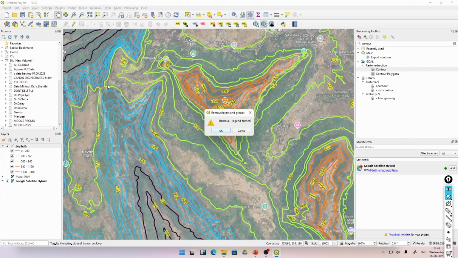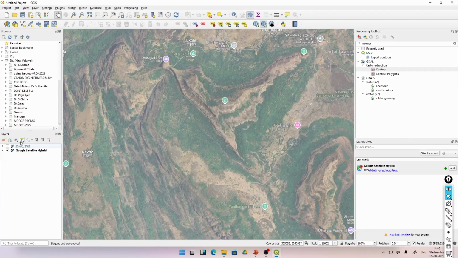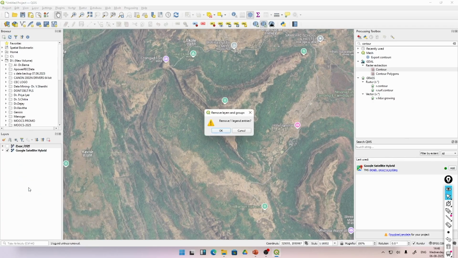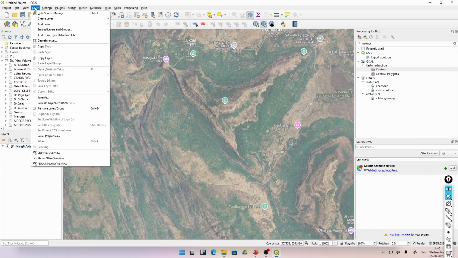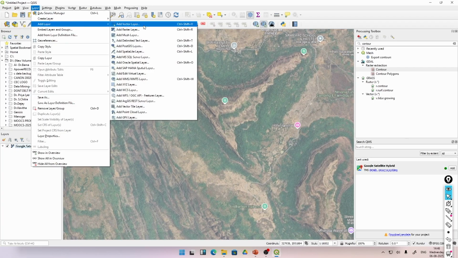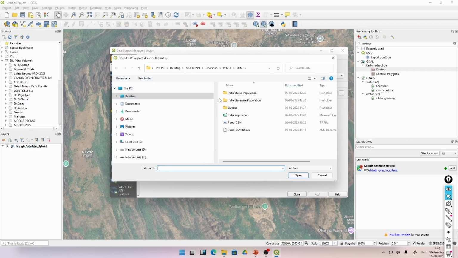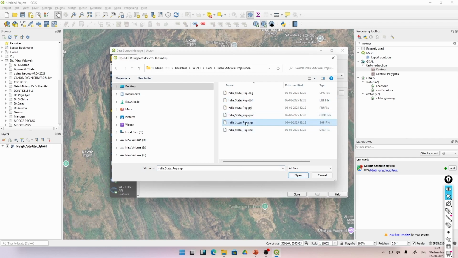So right click, remove layer, and I can also remove my raster data set, remove this layer also. So first thing, I need a vector layer which is my India_states_population. So add layer, go to add vector layer, and when adding a vector layer, you can go to state wise population, India_state_population, and I hope you guys know that we have to choose the .shp file,